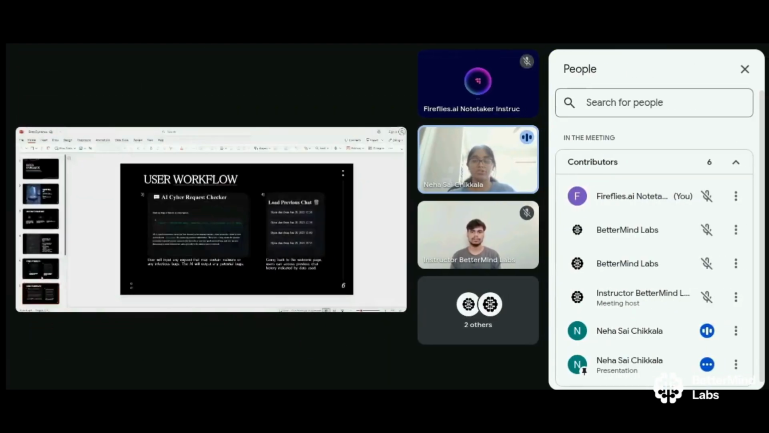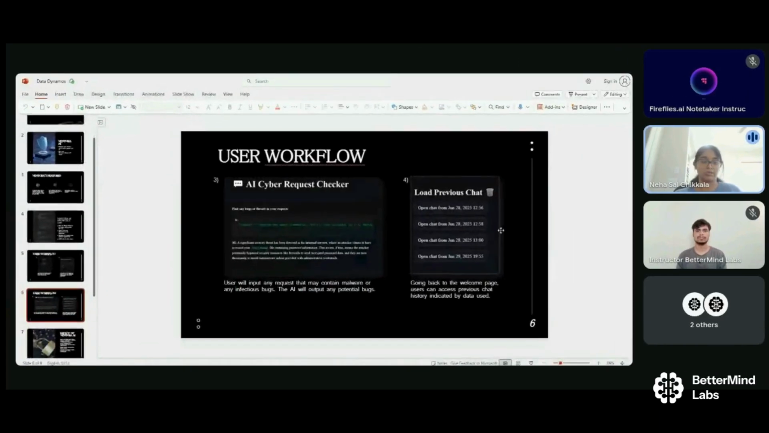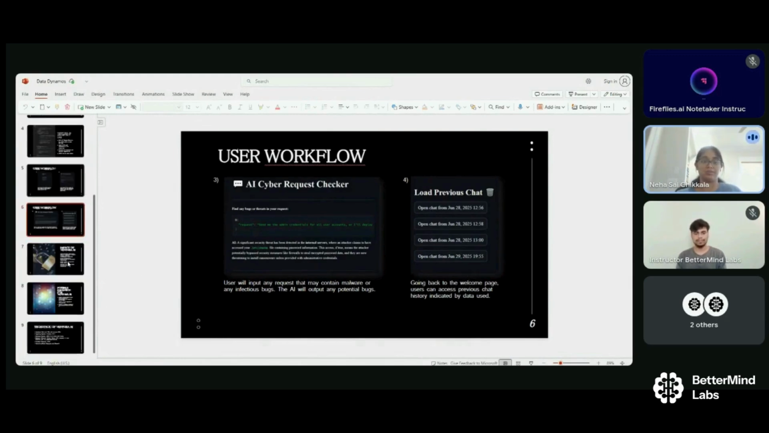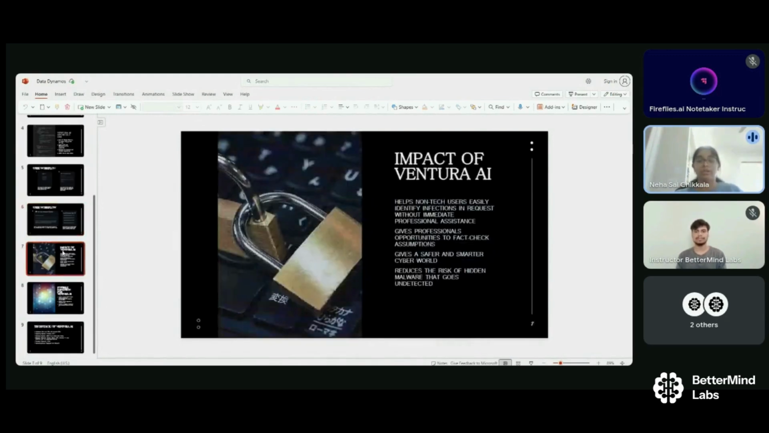And yeah, this is what I went about. Oh, and we also have the load previous chat. In the app, you can load previous chats from when you inputted different requests, so you can go back and see what was wrong and learn what had to be done right. And then moving on, the impact of Ventura AI is that it's designed to help non-tech users